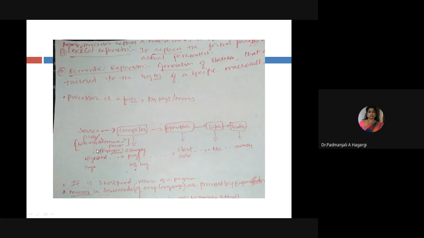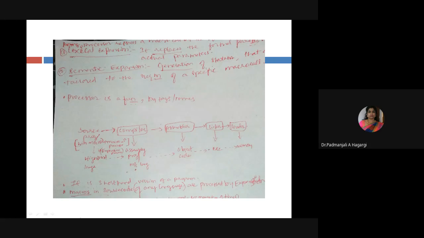Whatever program you have given is pre-processed before the compiler, and that pre-processing is nothing but the macro. After pre-processing, it goes to the compiler. How does it go in the compiler? You know the story very well.